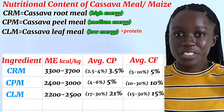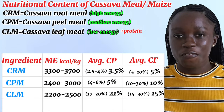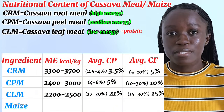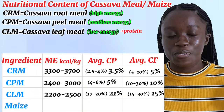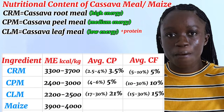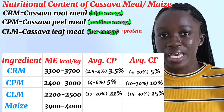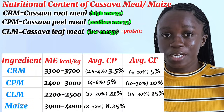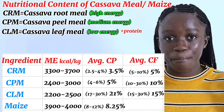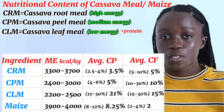So now, moving from the nutritional content of our cassava meal, let's look at the nutritional content of our maize. Now, maize, as you know, has a very high amount of energy. It has a metabolizable energy content ranging between about 3,900 to 4,000 kilocalories per kilogram. Now, maize has a crude protein content ranging between 8 to 12%, usually pegged at an average of about 8.25%. Now, in terms of fiber, maize has a crude fiber content ranging between 2 to 4%, usually pegged at an